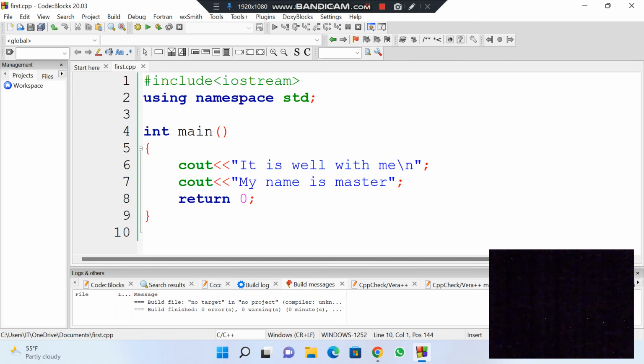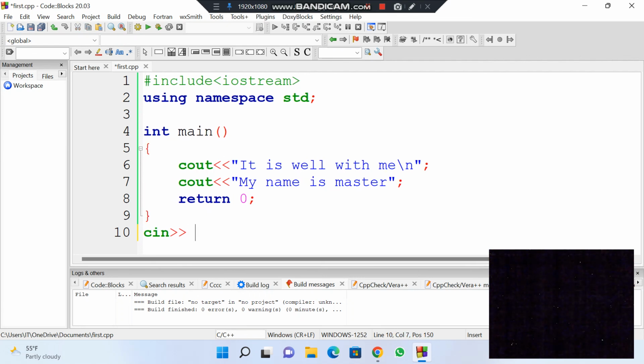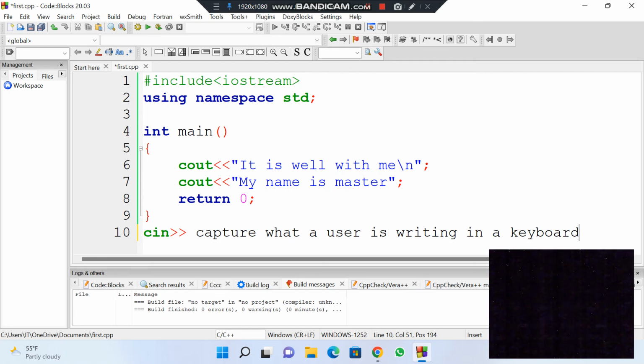So we also have something called cin. Cin is to capture input from the keyboard. We use it like that. We use the extraction operator. This is what I wrote. Remember, there is the insertion operator and the extraction operator. The extraction operator itself captures. Cin, you use it to capture what a user is writing in a keyboard. Yes. So when